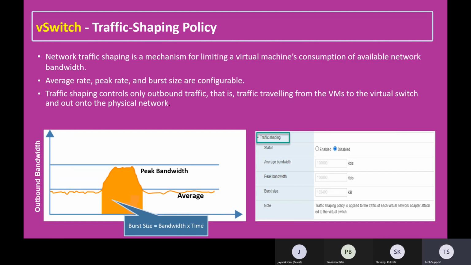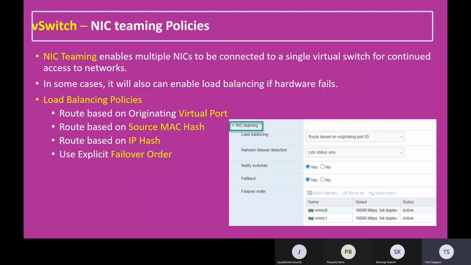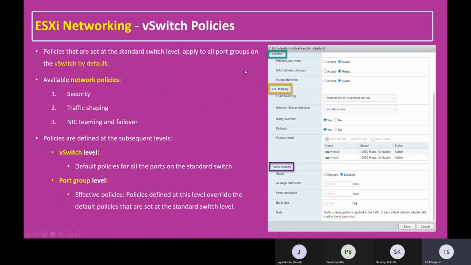So I hope you understand the vSwitch default policies. The default policies are three: security, NIC teaming, traffic shaping. But in an interview or the VCP certification exam, you may expect a question like, what is the default vSwitch security policy? If they ask specifically about the security policy, you can choose these three answers: promiscuous mode, MAC address changes, forged transmits. Suppose they ask at the vSwitch level what the three policies are: security, NIC teaming, traffic shaping. Within NIC teaming, we have multiple options: load balancing, network failover detection, notify switches, failback,